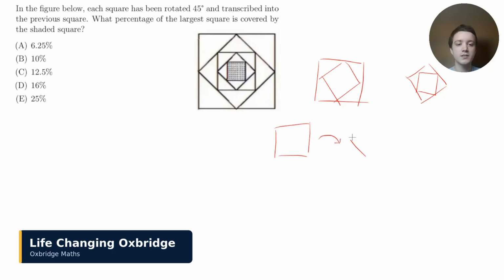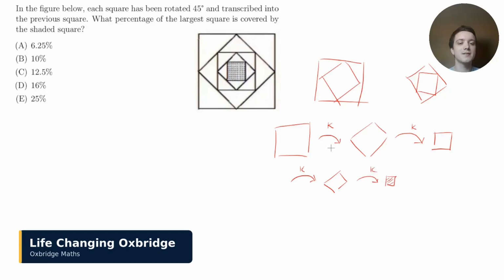to get from one square to the next, we're going to be multiplying by some area scale factor. And that's going to remain consistent throughout each step of the process, right? Here, sure, we have a rotated original square, but to get to the next one, it's the same idea. And so we have the same scale factor. In total, we do this 2 more times. So we get one more rotated square and one more non-rotated square, which finally is the shaded square in the